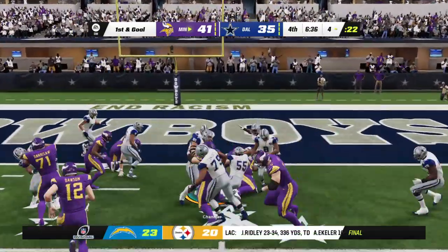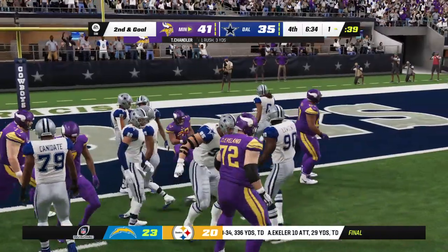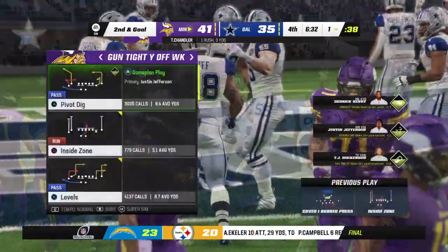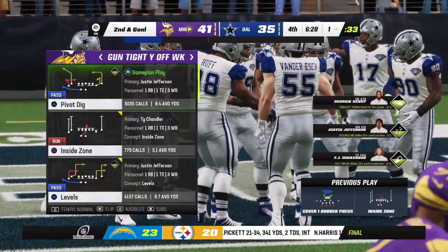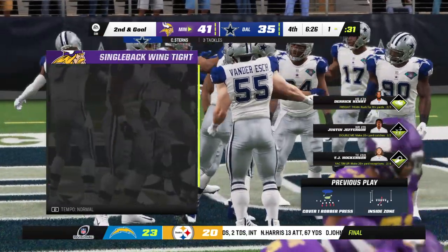Chandler going to take this down just short of the goal line. He got 3, but could not get the ball over the chalk. It'll be a 3-yard pickup, and it brings up 2nd and goal. And, Brad, they went to a